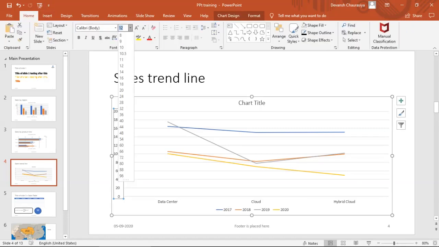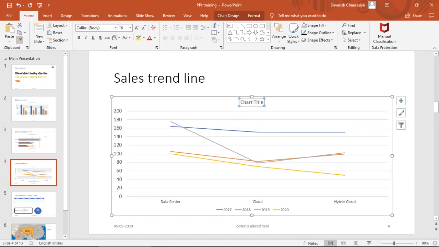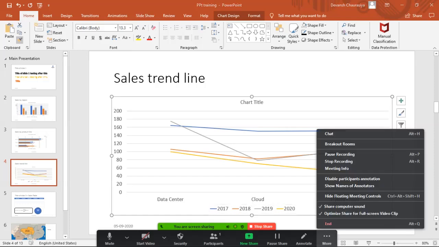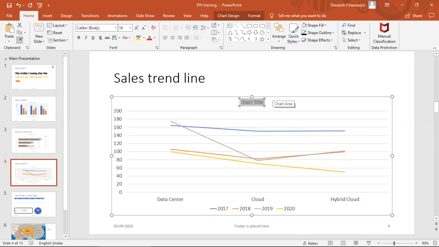I increase the size to 16, format painter 16, everything 16, legend 16, done. Okay, let's hide this. Chart title, year over year sales.